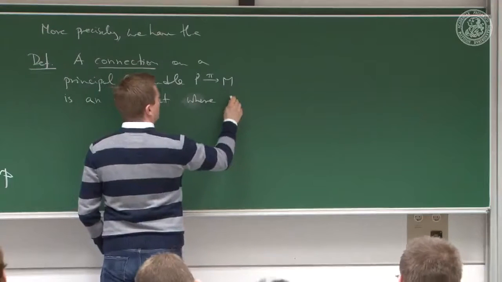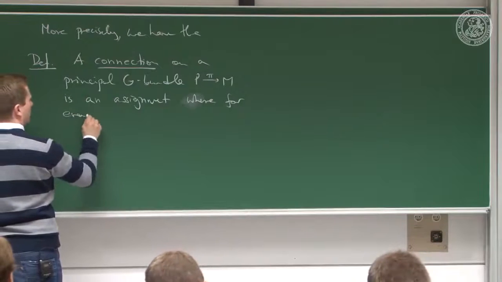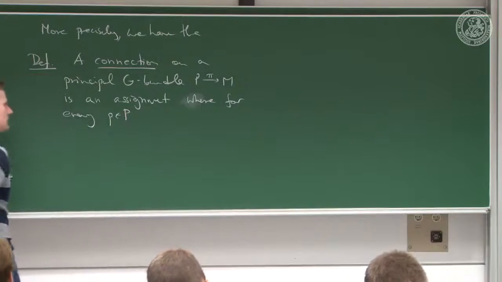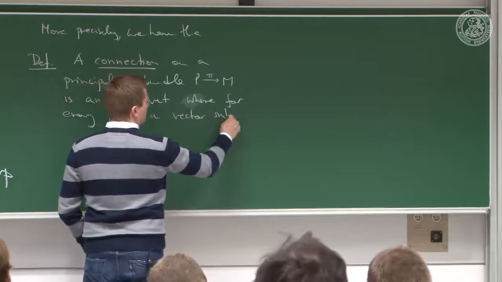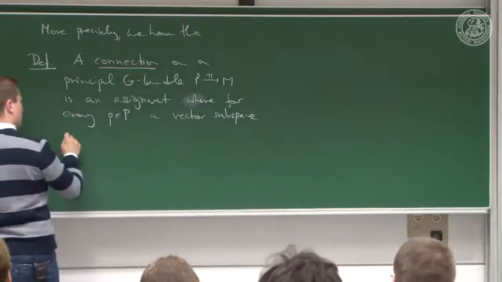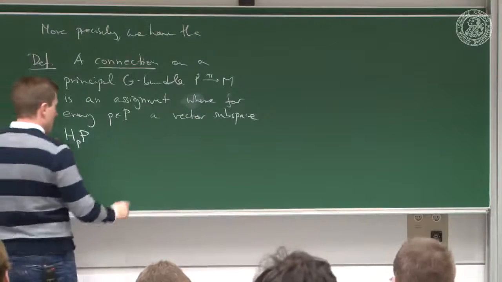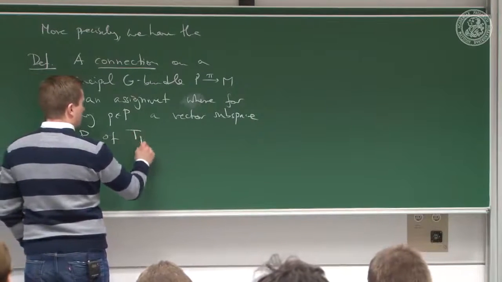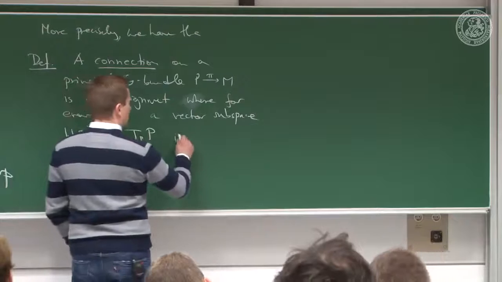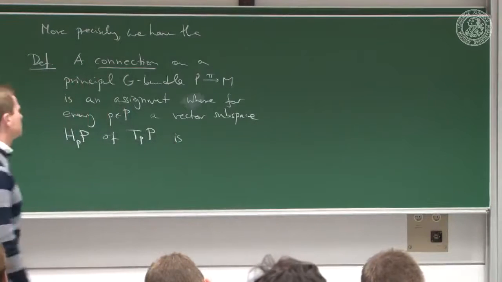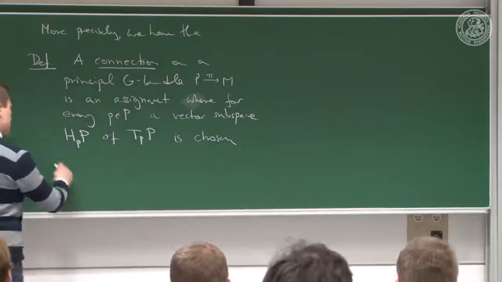where for every point P in the principal bundle, a vector subspace H_P P, that's just the name of the guy, a vector subspace H_P P, of the tangent space T_P P at this point is chosen such that,